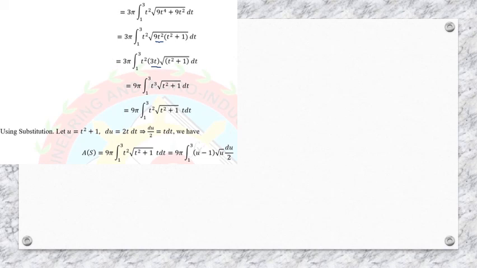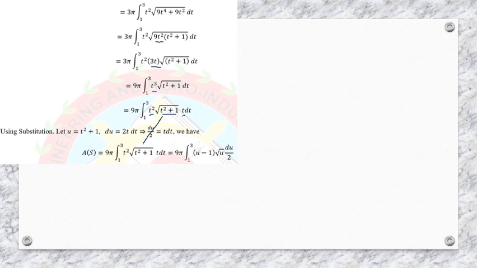And then, si t cubed plus, pinactor ko siya as t squared times t. Para ma-integrate natin siya using substitution and then letting this one as our u. So, let u is equal to t squared plus 1. Itong nasa loob. And then, du, ang derivative ni t squared plus 1 is 2t. Or du over 2 is equal to t dt. So, we have, okay, nilagay ko lang to dito. So, 9 pi times the integral of u minus 1. Okay, di ba itong